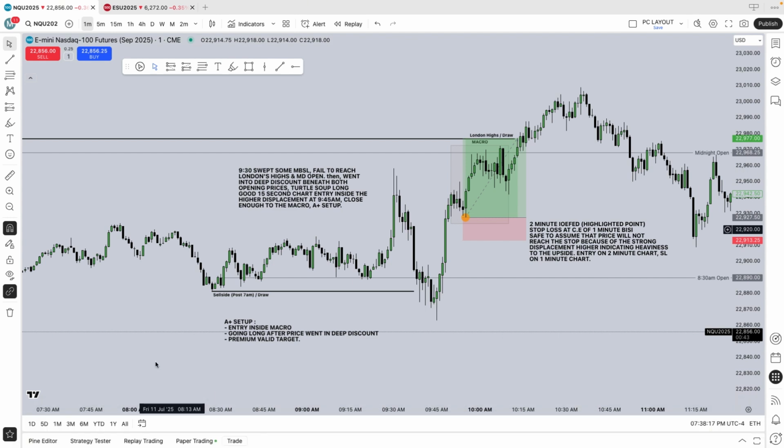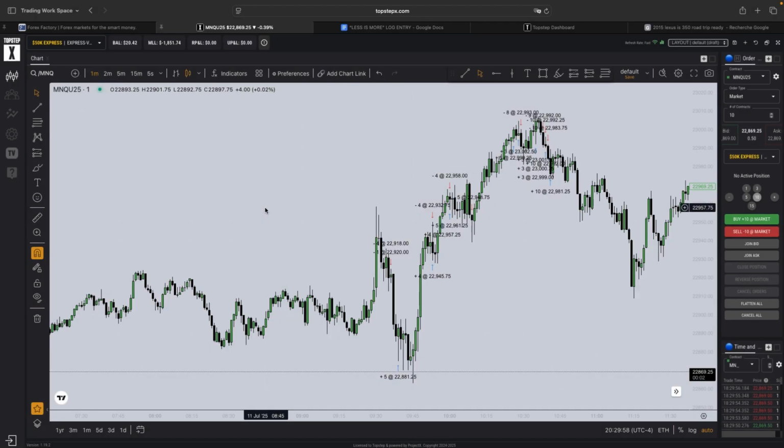So now let's go over some TopStep executions. Okay, so as you can see, the first trade here, clean trade. I went short 5 micro contracts, got out under the sell side, clean trade. And then second trade, entered here, got stopped out prematurely. Entered again, got stopped out prematurely. Entered again, got stopped out prematurely. Then the move was already behind and I still went long and got stopped out.